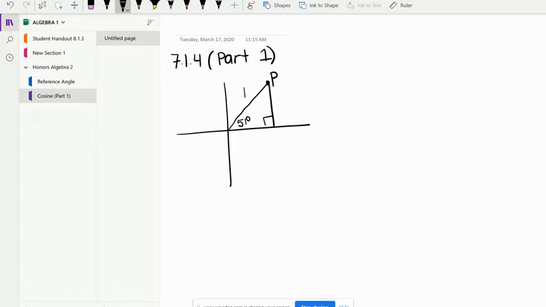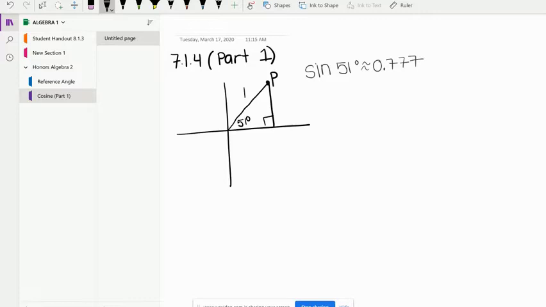So we can definitely find this area right here because that's going to be the height of that triangle, which we know would just be the sine of 51. So we're going to find the sine of 51 degrees. And so we could put that in our graphing calculator, and we would get approximately 0.777. All right, so then that's the sine, but in order to find the point P, we also would need